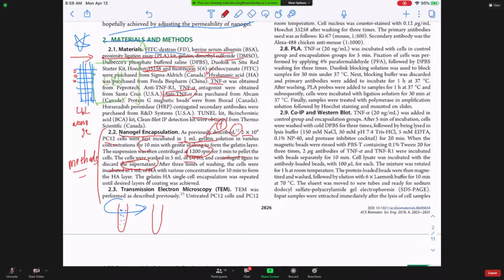After centrifuge, all cells will be here. So in this part, we just get this part out. That's the cell. Then another one is for HA, hyaluronic acid, because right now the cell is coated with gelatin. So with positive charge, then the negatively charged HA goes on. Then for the multiple layers, the cell,